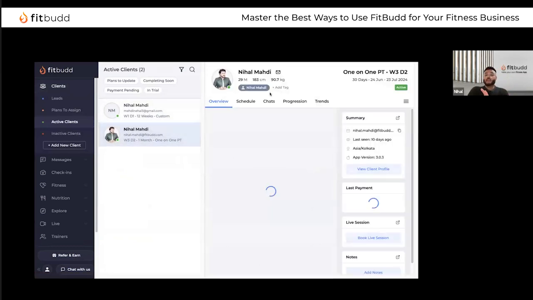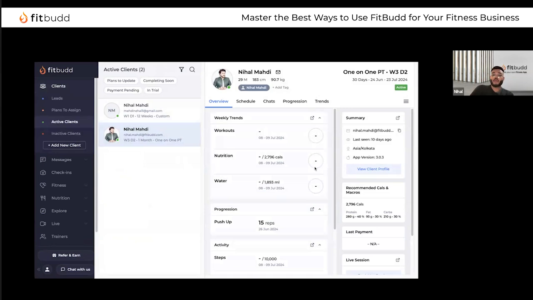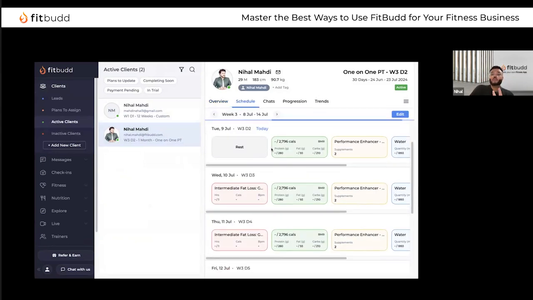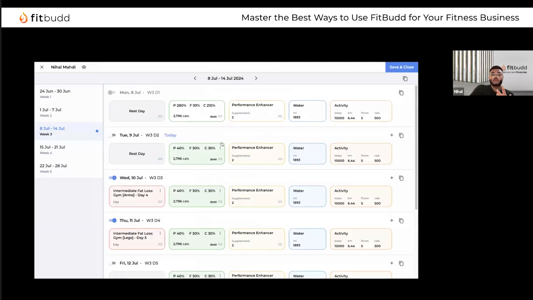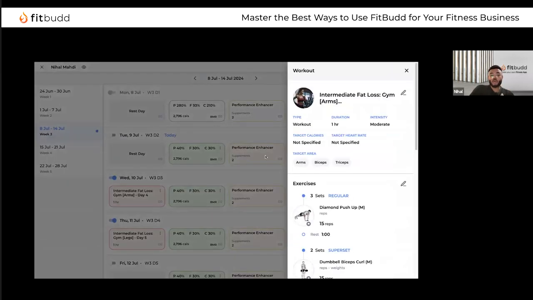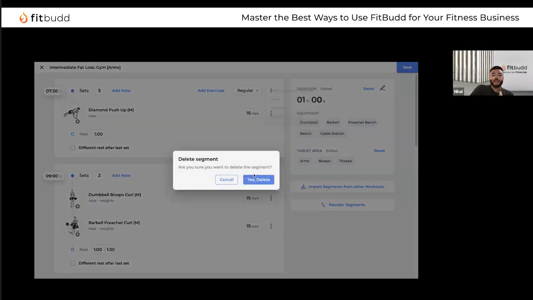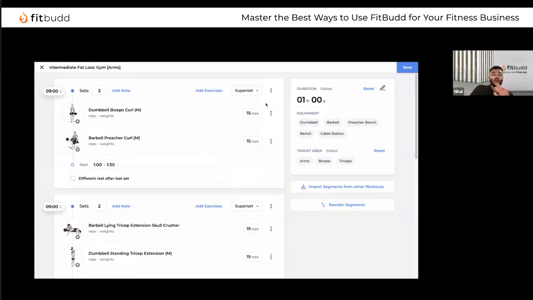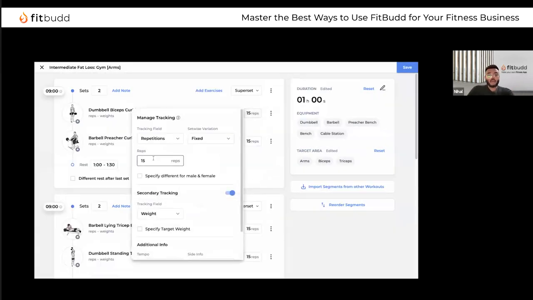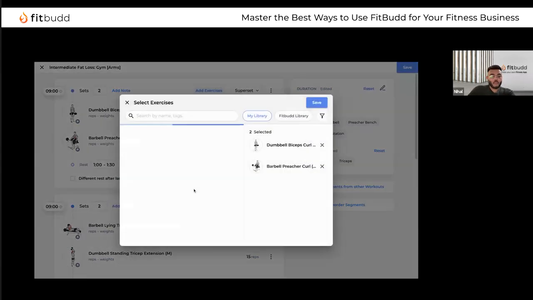once you have activated and your clients start to log everything, you simply need to just go to their schedule if you want to change your client workout. Let's say if you want to change a client's workout, you simply go to your client schedule, click on that specific workout, click on this edit icon. And if you don't want your clients to see a particular exercise, you can simply delete it, reduce the number of reps if you want, add another exercise if you want,